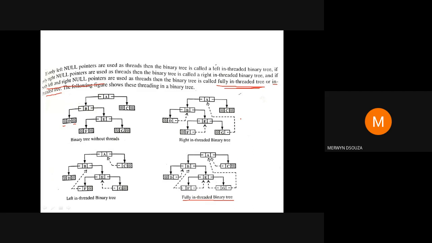I'll tell you how to get these trees. It's very simple, but right now just understand that we use the right side of the nodes only where it is null, and only that part we can use to implement threads. It's clearly said here, right null pointers. We're not using all the right pointers, only the null ones. Similarly for the left, we use only the null pointers.